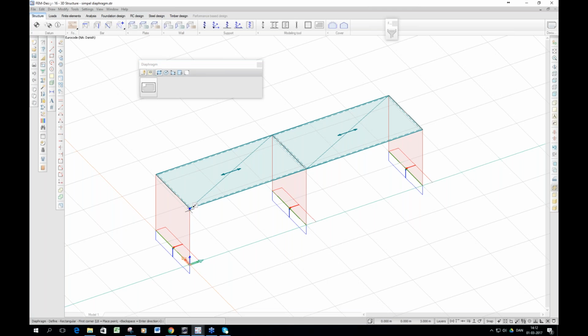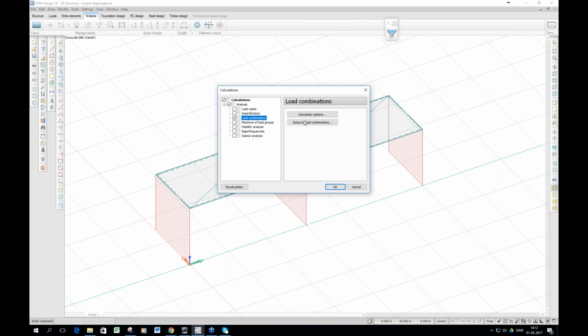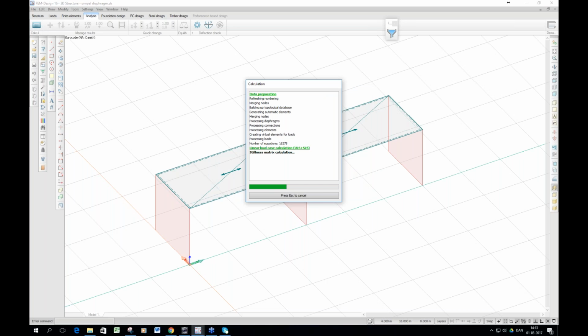You can model it like one big one here. You can also split it up into several diaphragms. If you have an angled building, you can make several diaphragms in several regions, so you get the load distribution you want. And when I apply the diaphragm here and I go to my analysis and I run the calculation, I need to put a mark here, apply diaphragm in analysis. If I do not, it will ignore the diaphragm. If I do that,